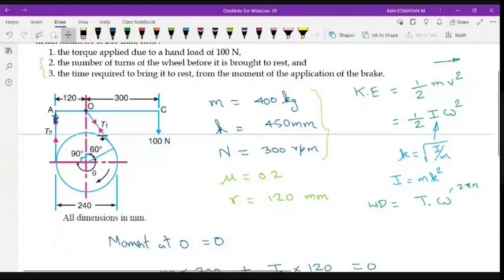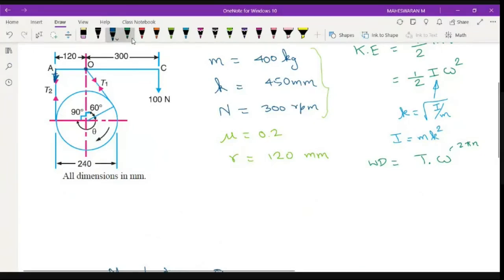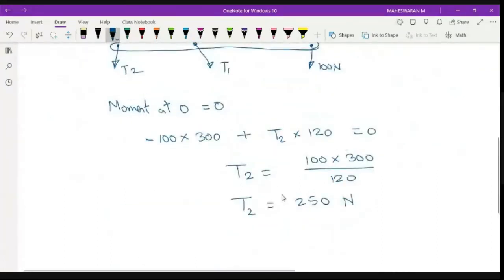Just a minute. I will draw it here. If I draw the free body diagram, I have to consider the free body diagram only for the lever. It is like this. This is my lever. So your C is here, acting downward. This is my O, which is acting like this, which is T1. And this is my T2, which is acting downward. This is 120 and this is 300. So this is my free body diagram. I am taking moment at this point O. When I take it, you will have that particular value. Can you able to get it? So now I got the value of T2.